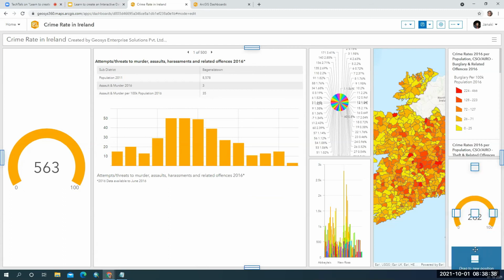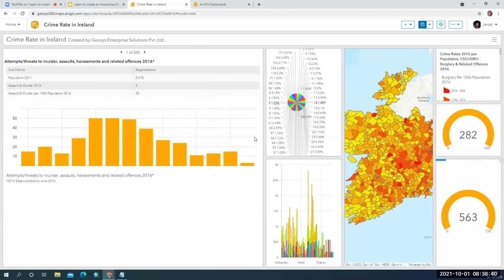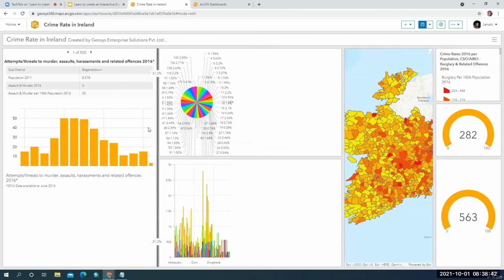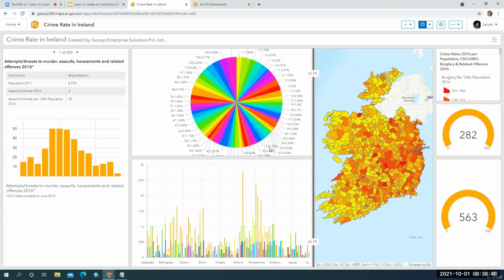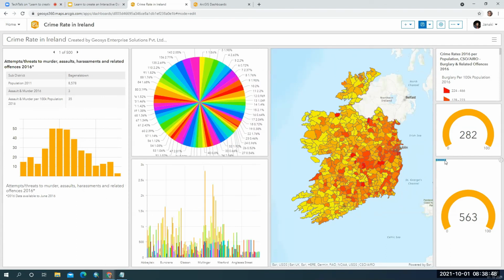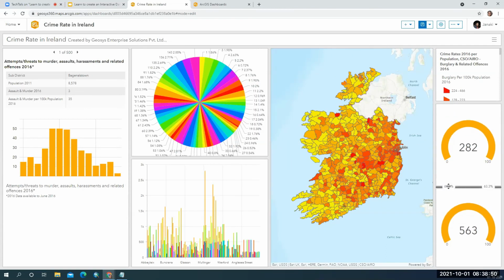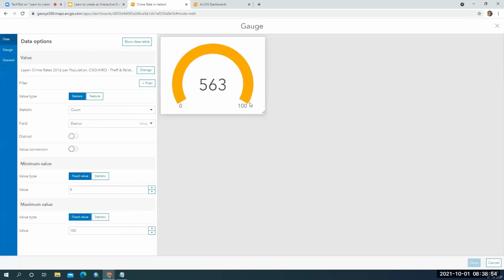Drag and drop and you can add it up here. And if you want to configure it back, you can configure it back. You can go back and change the information that you like.